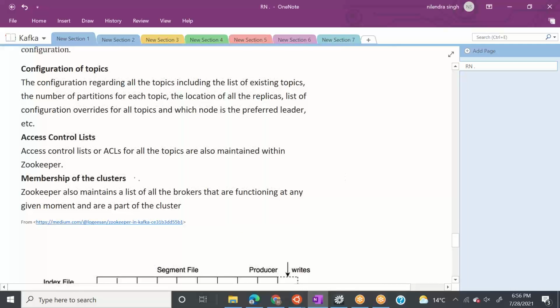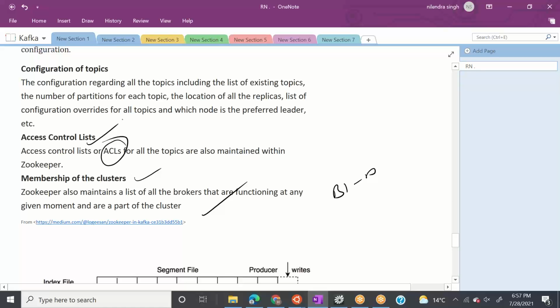So whenever any new member comes to the cluster, it means whenever any new B1, B2 broker comes to the cluster, it will be added to Zookeeper metadata. Zookeeper maintains the ACL, meaning access control list. So it means, in simple terms, who can read the messages? That thing is maintained inside Zookeeper. The second thing is configuration of topics.